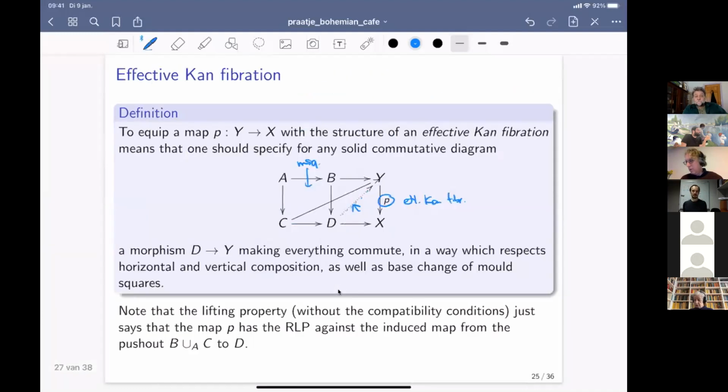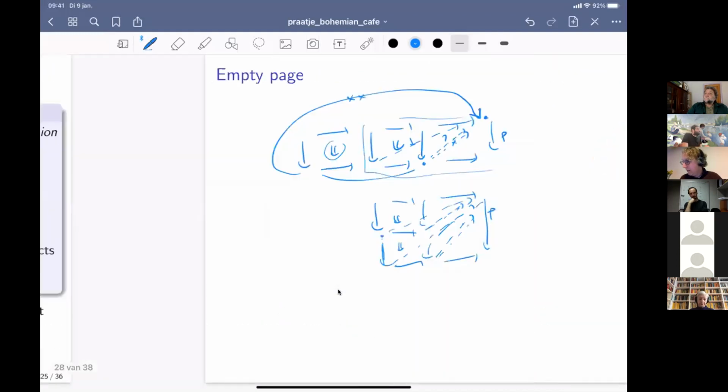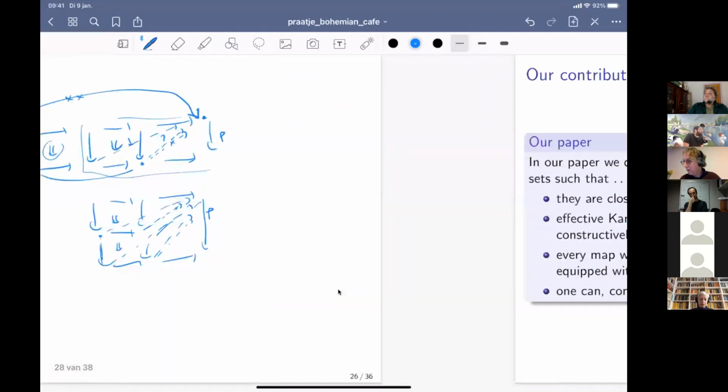What I like about this is that we've set up this maybe alien technology of these mold squares, but once you have set this up, the compatibility conditions on these lifts are a very natural reflection of the geometric structure that these mold squares have, reflecting horizontal composition, vertical composition, and the base change condition. So that's what I like especially about this particular definition of